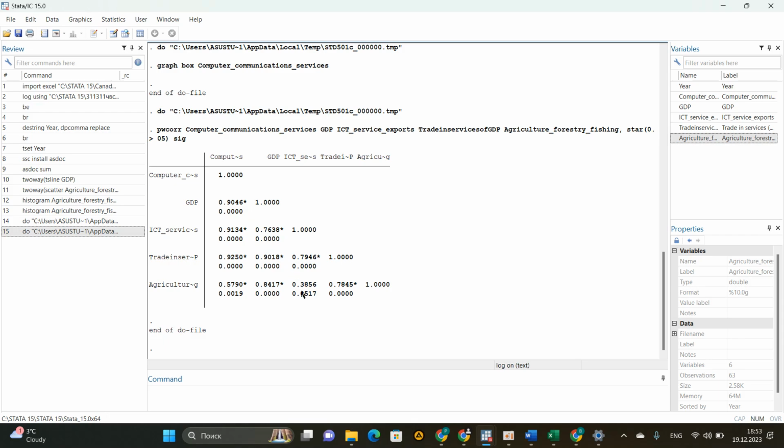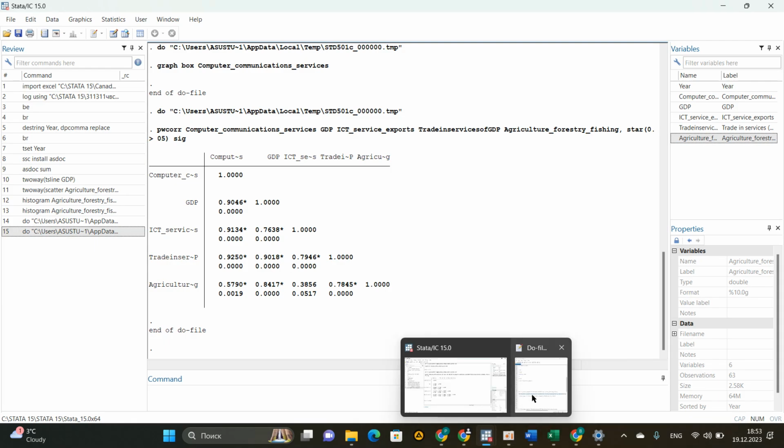So then, as you can see, the relationship between GDP and computer communication service is 90%, and also the p-value is lower than 0.05, which means the relationship between the two variables is statistically significant. So the next step